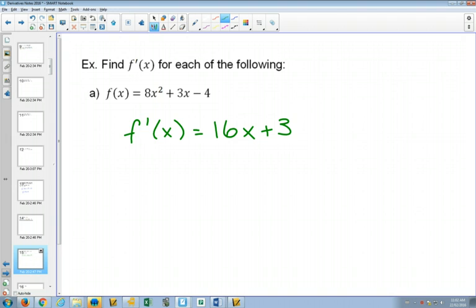The derivative of any constant is always going to be 0. Again, the way that we showed that before is any constant can be an x to the 0. Then if you did the power rule where the 0 came out in front, well, then you would just get 0 times negative 4 is 0, times anything else will be 0. But we wrote that down, or we had it as one of our things from the first class, that the derivative of any constant is 0, and then the rest of these follow the power rule. For the next one,